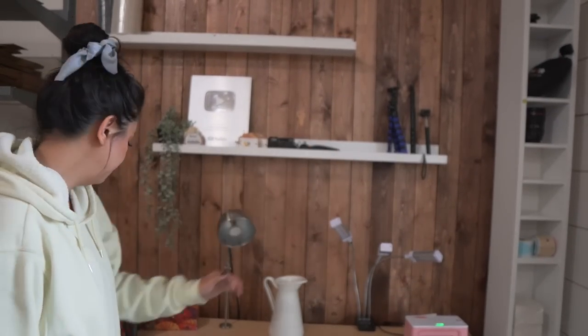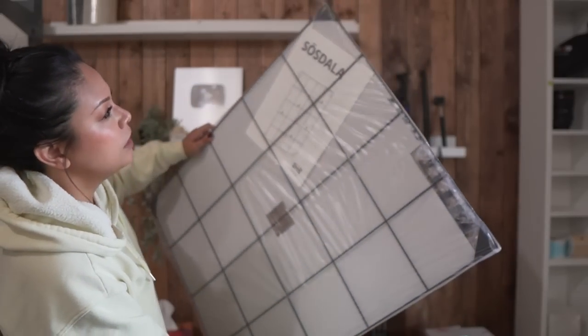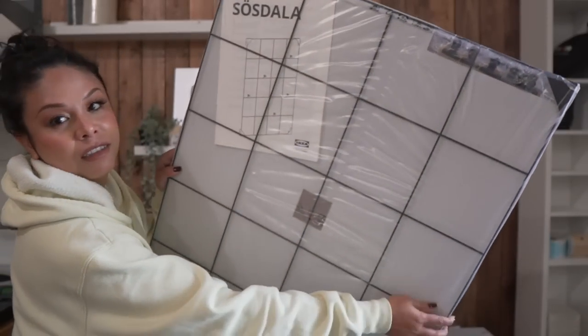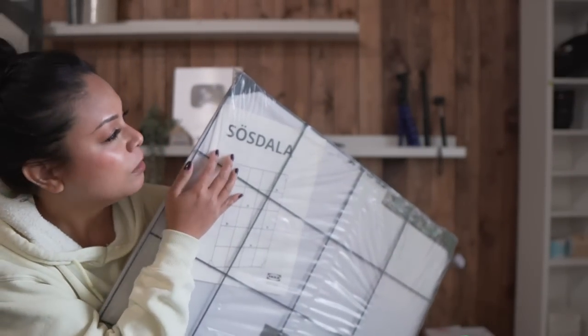But what I really want to do next is to update this part of my studio. And I'm going to recreate this thing that I saw in IKEA. I was not planning on doing this until I saw it because I thought it looked really cool. So I have this, it's called a sauce-dalla. I'm sorry for the Swedish people watching this. I'm totally butchering these names, but